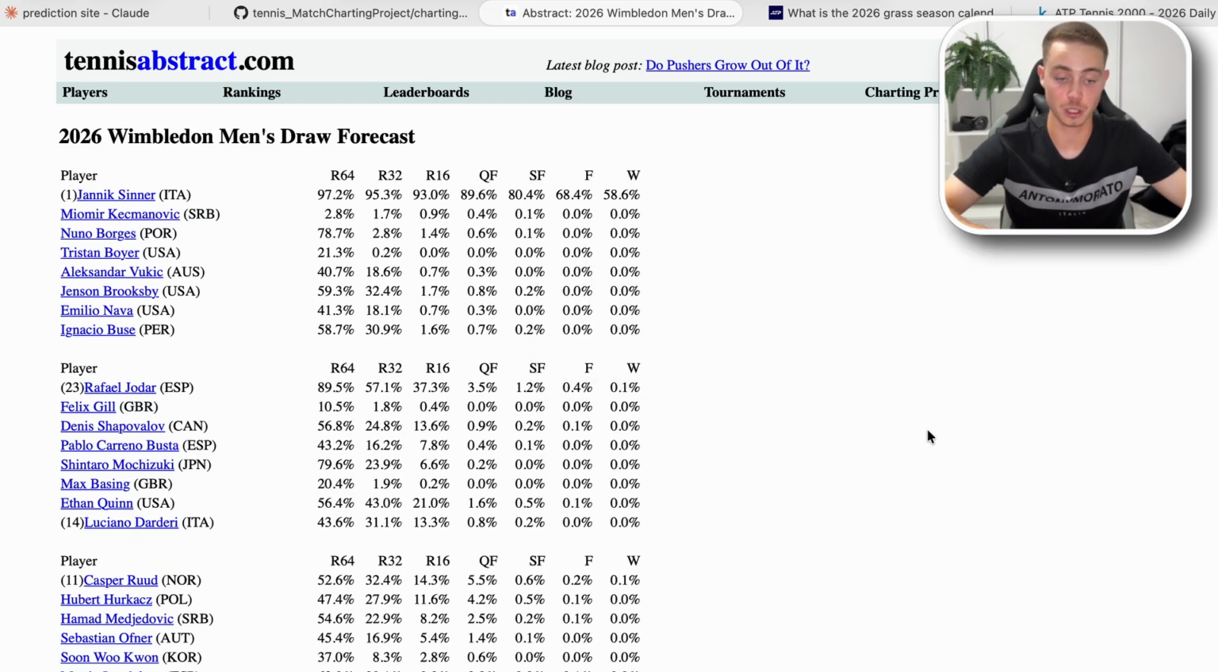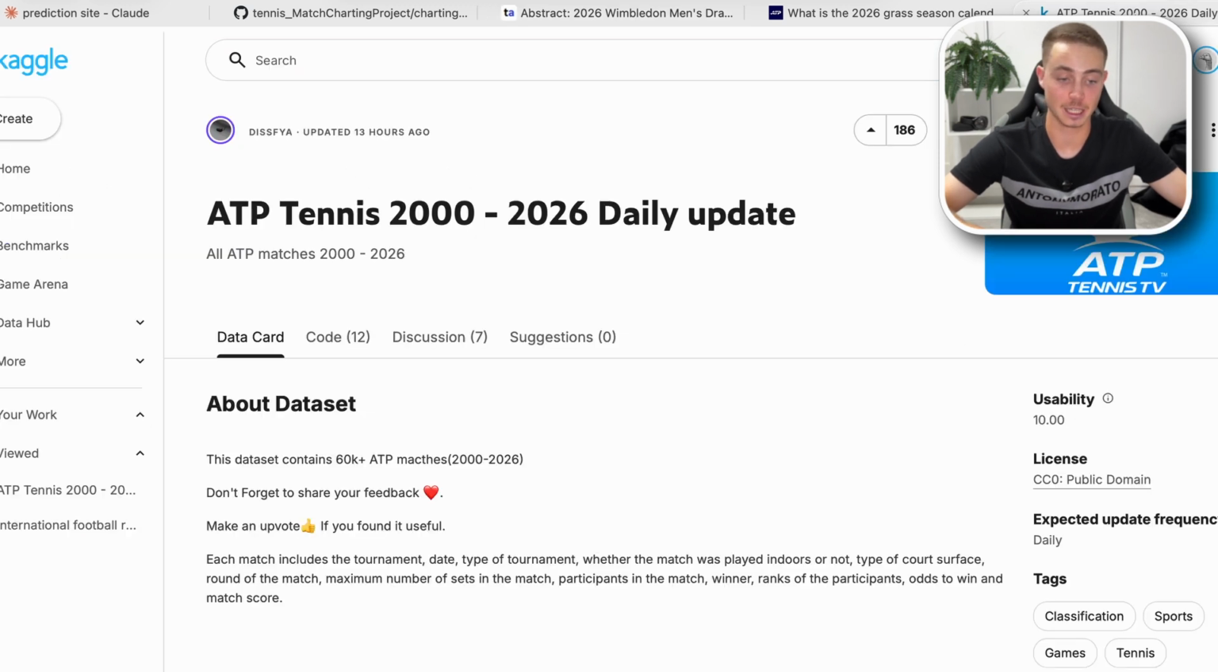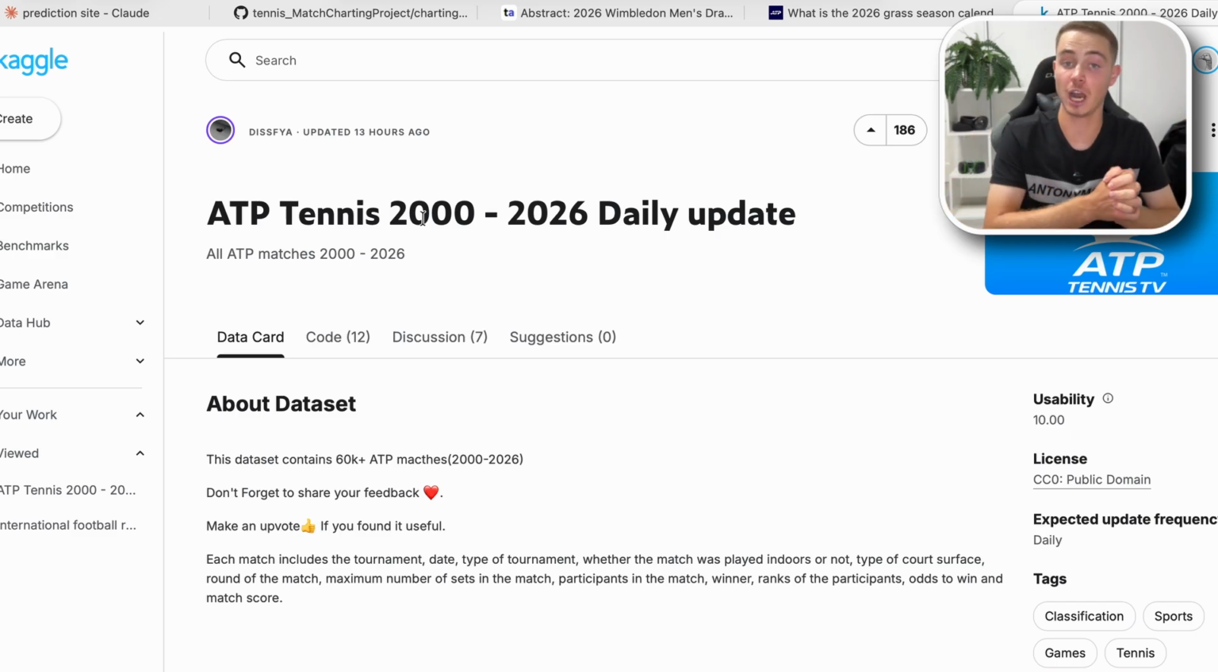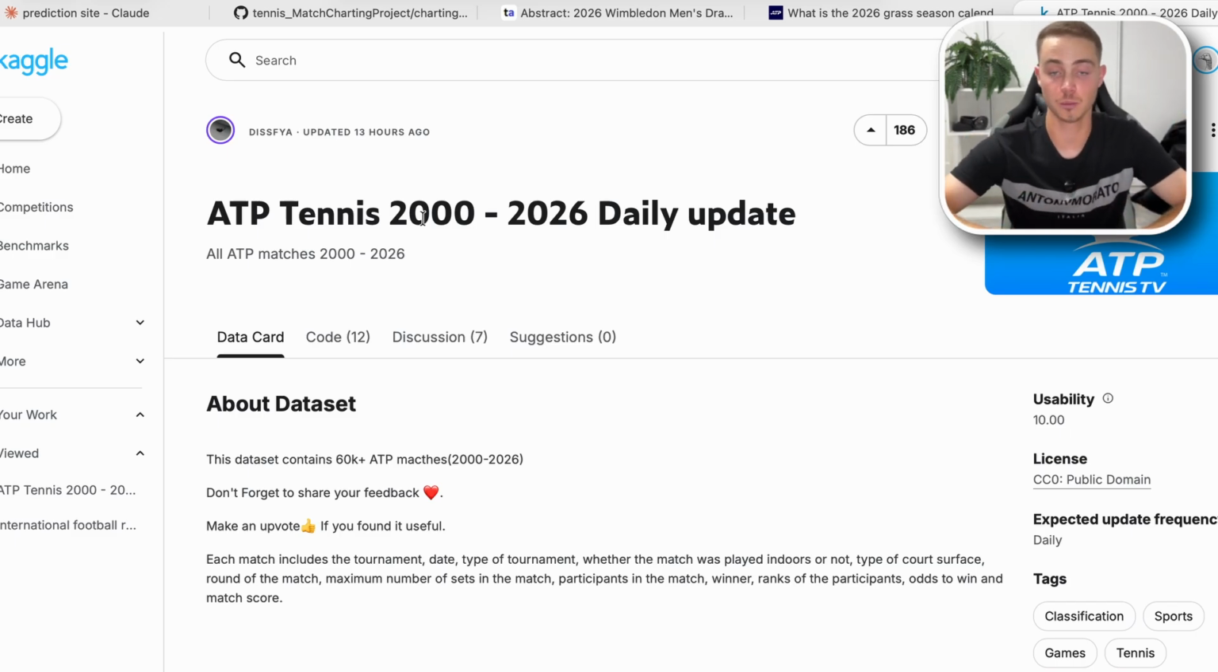First one is Tennis Abstract, which was made by the same owner, Jeff Sackman, from where I got the files in GitHub. And the other site is Kaggle. And here I'm going to download this ATP tennis data from 2000 to 2026. So this is going to make my model even more accurate and add some of the